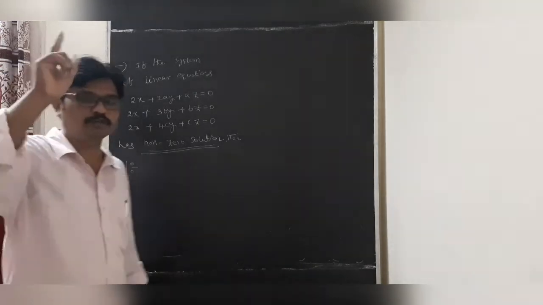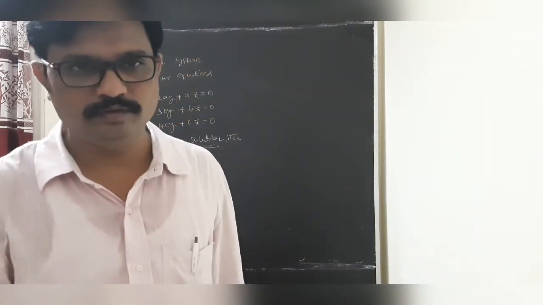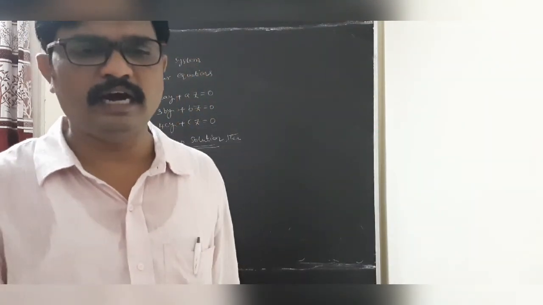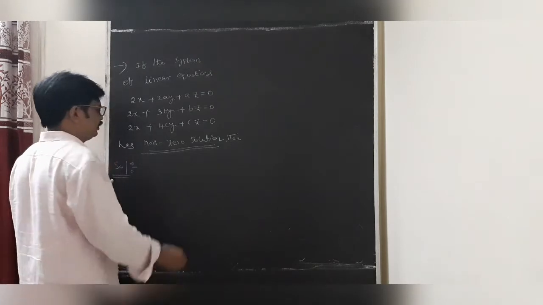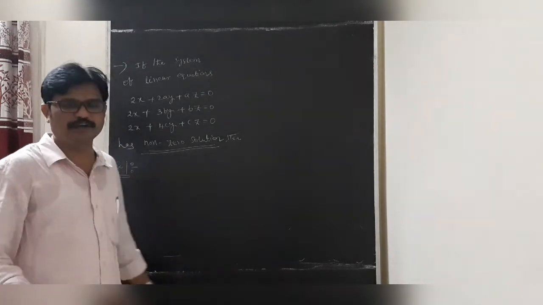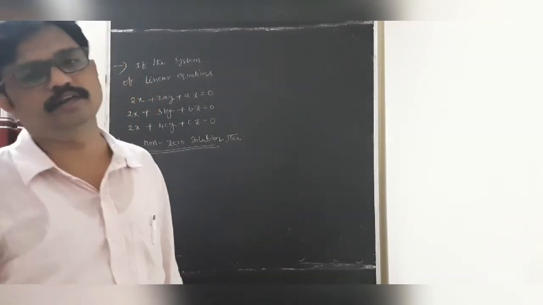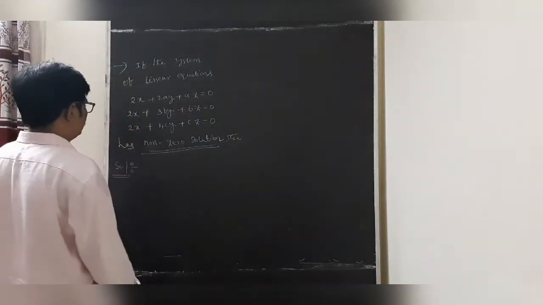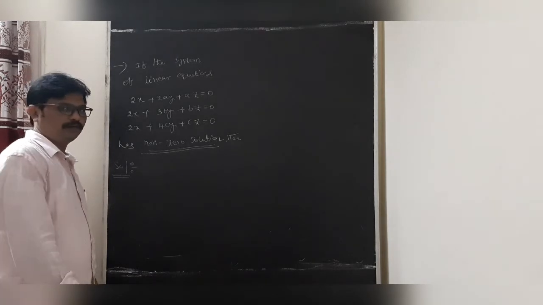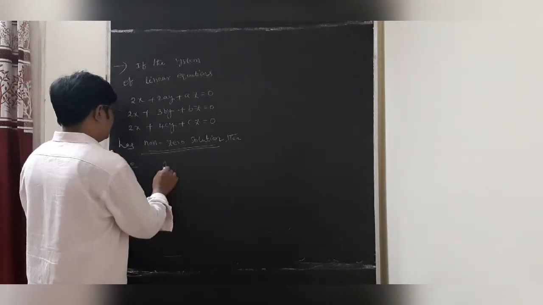There is a unique solution, that is x equal to y equal to z equal to 0, that is only for board examinations. When it is a unique solution, undoubtedly the determinant is not equal to 0. When the determinant is 0, undoubtedly there is a non-zero solution, or infinitely many solutions, or a non-trivial solution. Okay students? So please remember it. This is one of the very important models.